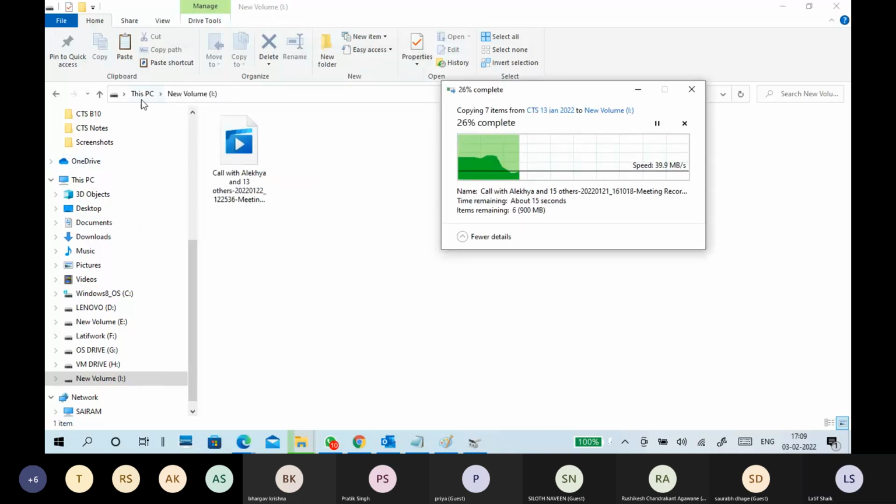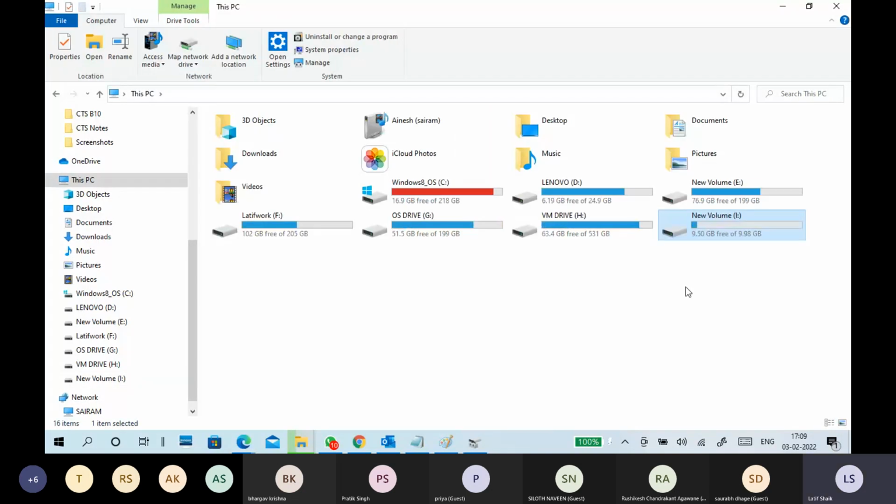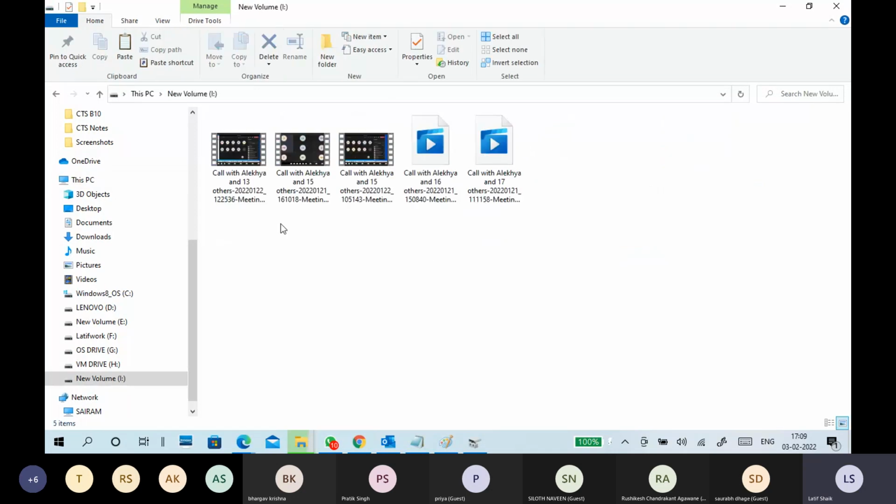Okay, look at here, guys. This is a 10 GB disk I created, a fixed disk. When I created it, if you look here, it was showing 73.4 GB earlier. Now it is 63.4 only. Now I'm copying the data. The data is almost 1 GB.